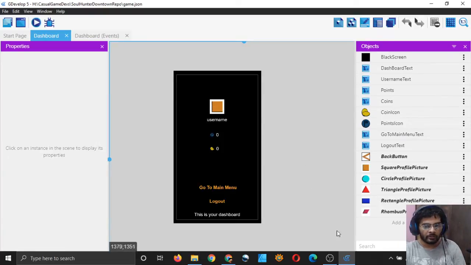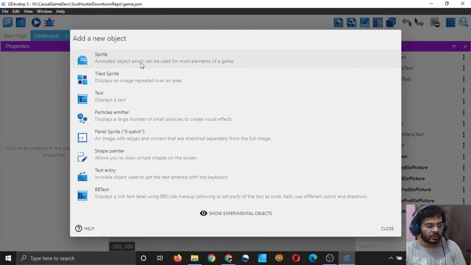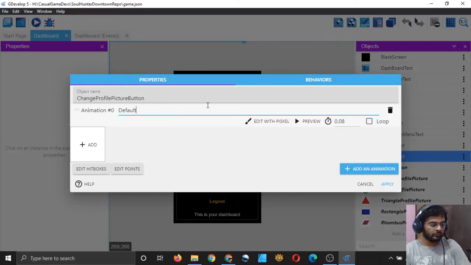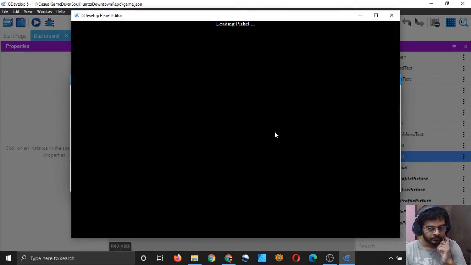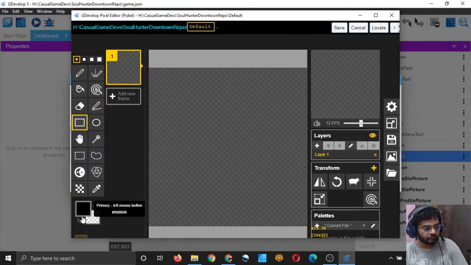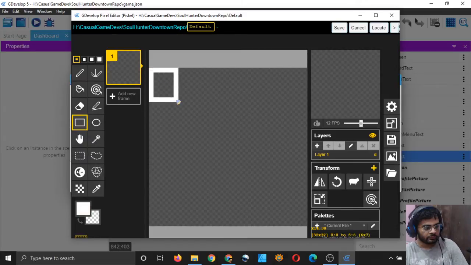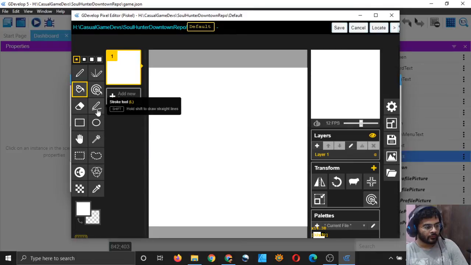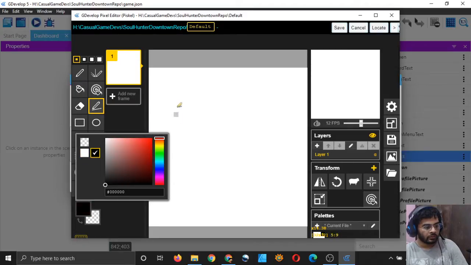So let's do that. I will add a new object, and this will be a sprite, and I will call it change profile picture button, and I will add an animation. I will call it default and edit with Pascal. Resize for easy editing. It will be white in color, and a little bit gray.